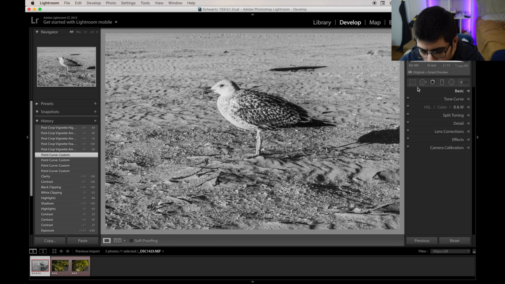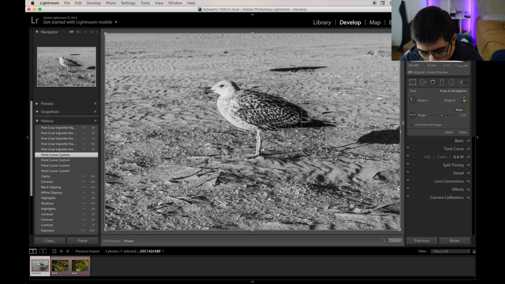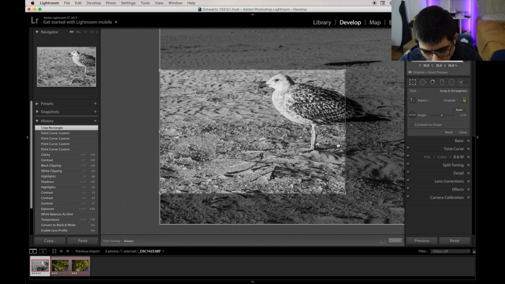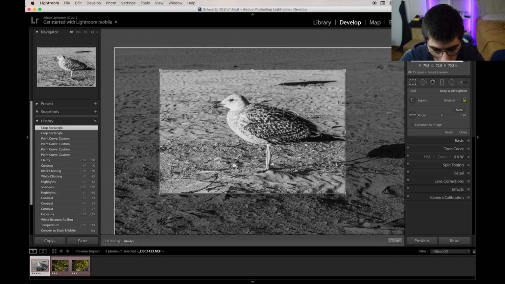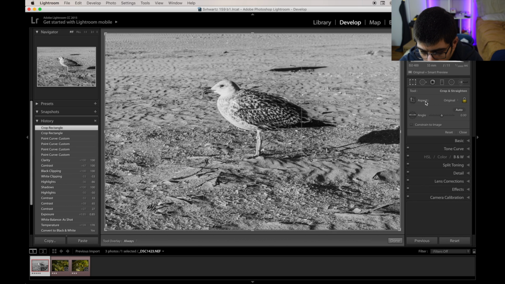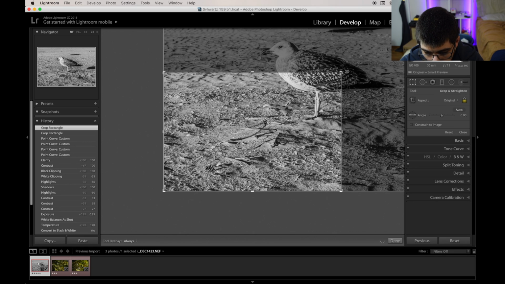So now on top there is a crop tool. Now, aspect ratio as shot, so again, it's just going to keep it the way you shot it. I'm just going to press escape here to get rid of it. Now you can do custom or original. So now when you do it like this,